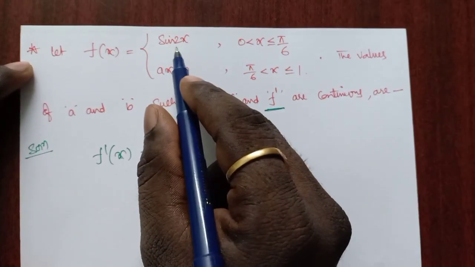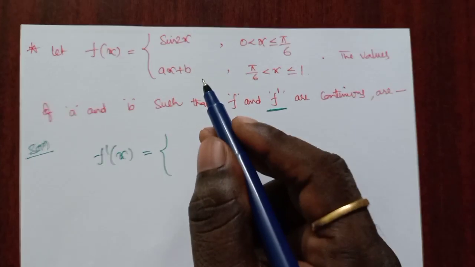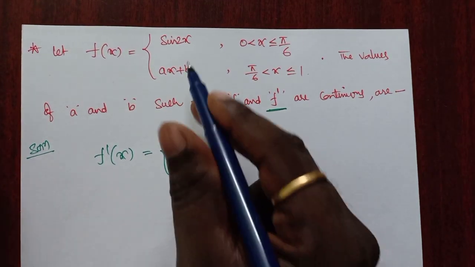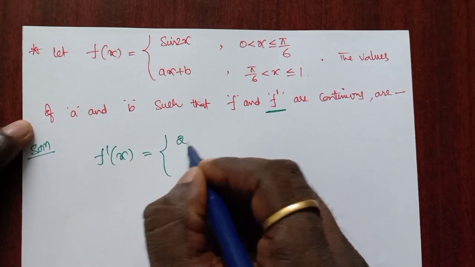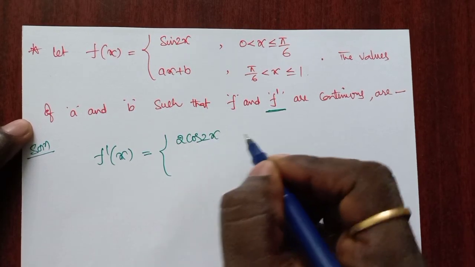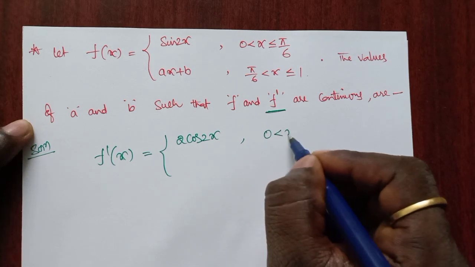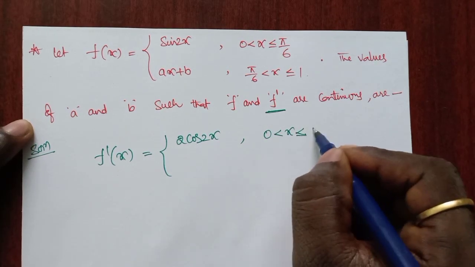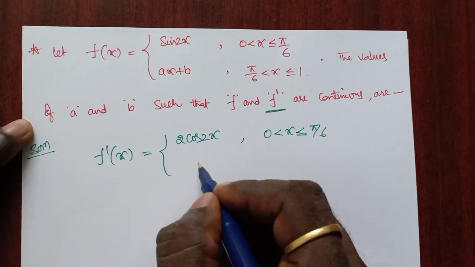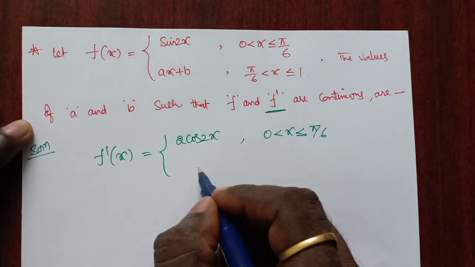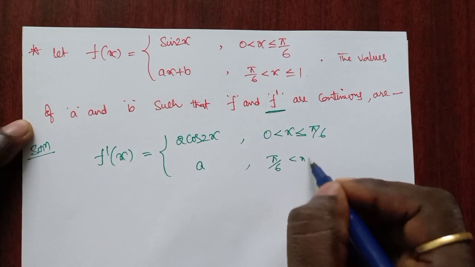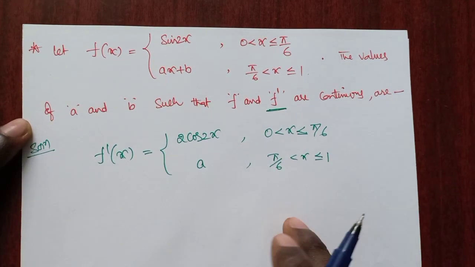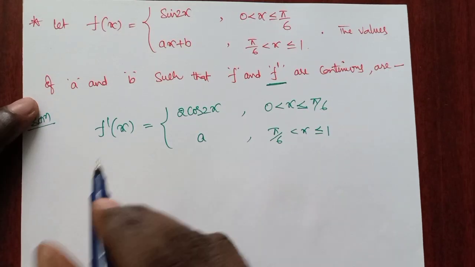So the derivative of sin 2x is cos 2x into the derivative of 2x, which is 2. So 2 cos 2x for 0 less than x less than or equal to pi by 6, and for ax plus b, the derivative of ax plus b is what? A, for pi by 6 less than x less than or equal to 1. Now,